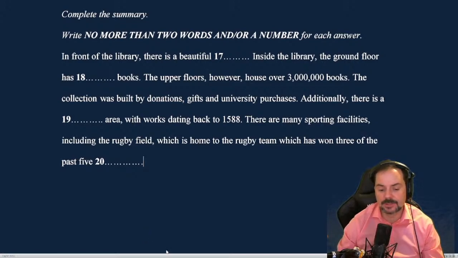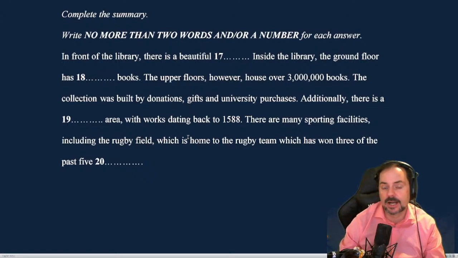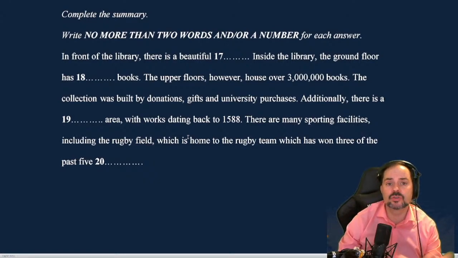Now, I did something a little bit special here. As many of you saw, what I did is I highlighted parts of the question sheet to show you the pacing of the information and how it is presented. Of course you don't have that kind of help in the real IELTS exam, but that's good to do when you're listening. So when you're doing listening practice at home, you can do the same thing. Go through the listening and highlight the information as you hear it so that you can train your mind and your eye to coordinate and feel the pacing, the timing of the answers.